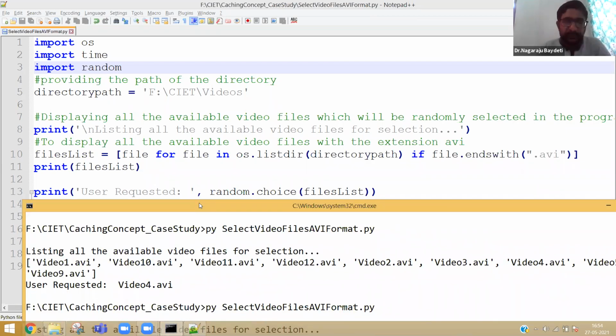This is the first part, that is how to simulate a scenario where a user is asking to view a video. So what we are doing, we are writing a simple logic. Go to one directory, take all the video files, keep them in one list and select one randomly and imagine that is the user request. Tell me if you have any doubt now.